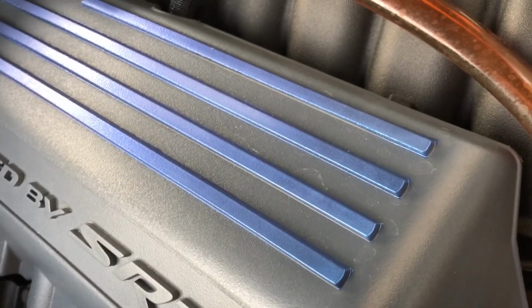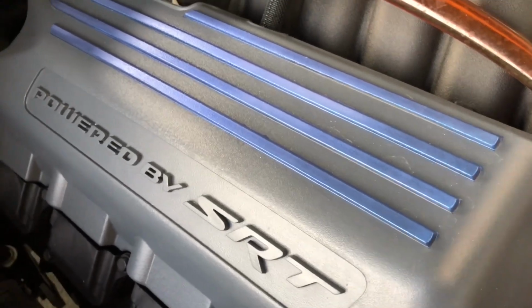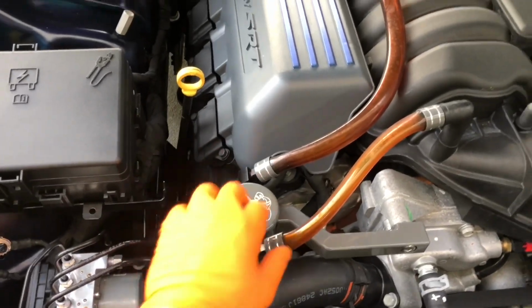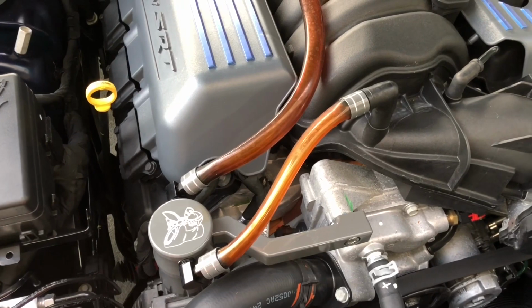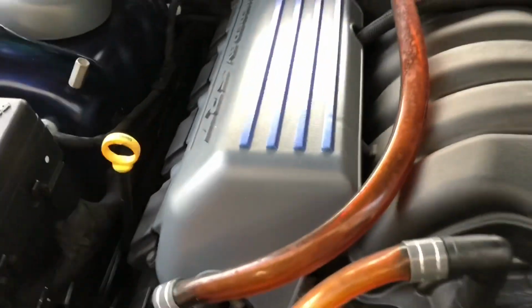And this blue, trying to remember what blue it is. I thought it was gonna be darker, but I just haven't taken the time to replace it just yet. But anyway, like I said, Plasti Dip looks good. It's on my caps as well, but neither here nor there. So if you get the American Brothers Designs catch can, get the little braided piece, the mesh sleeves that go over that. Otherwise you're left with some janky looking tubes. But nothing that they did wrong. It was an option. I just cheaped out on myself. So other than that,